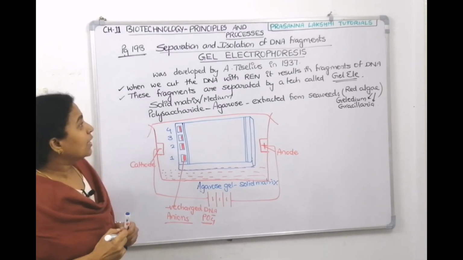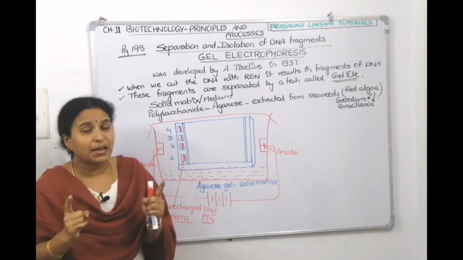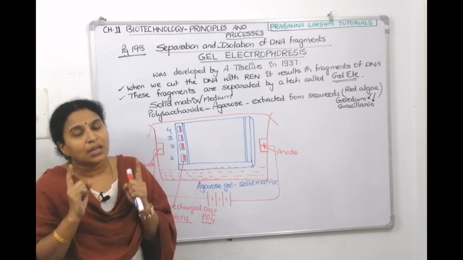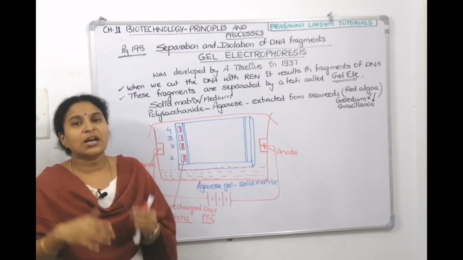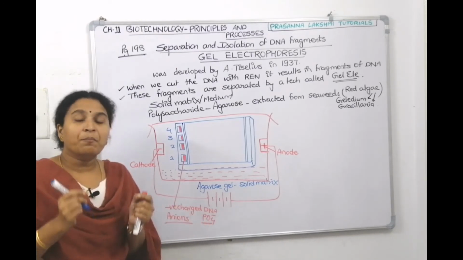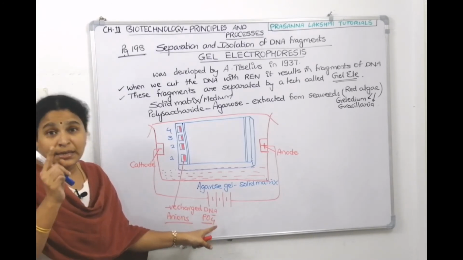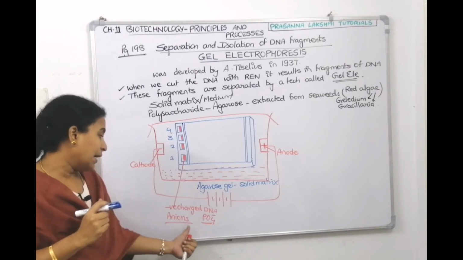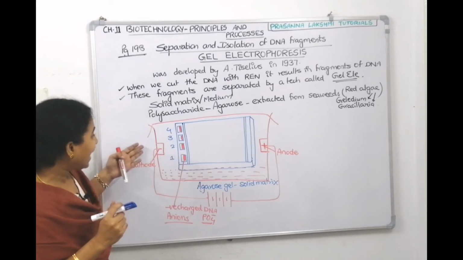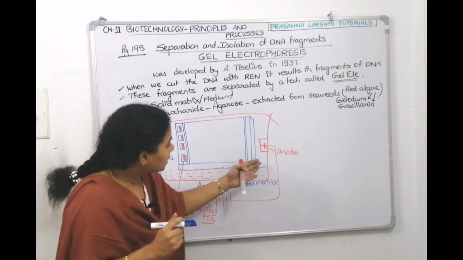That means what is gel electrophoresis? You are separating the particles by placing them in an electric field. Which type of particles get separated in gel electrophoresis? Charged particles only. DNA, does it have charge? Yes. What charge? Negative charge. Which component of the DNA brings the negative charge? The phosphate moiety. Negatively charged particles are called anions, and anions move towards the anode. So that is why the DNA is loaded at the cathode. DNA loaded in the wells near the cathode starts moving towards the anode.